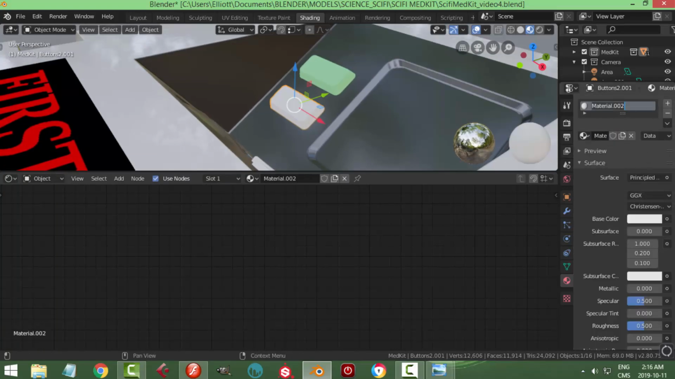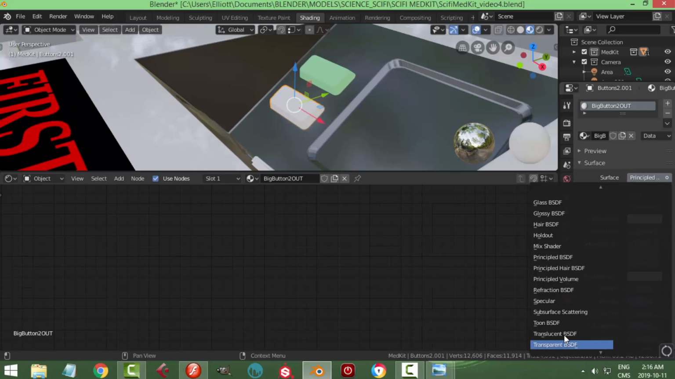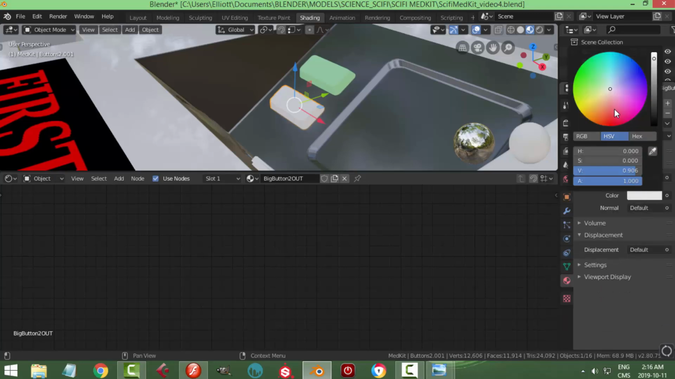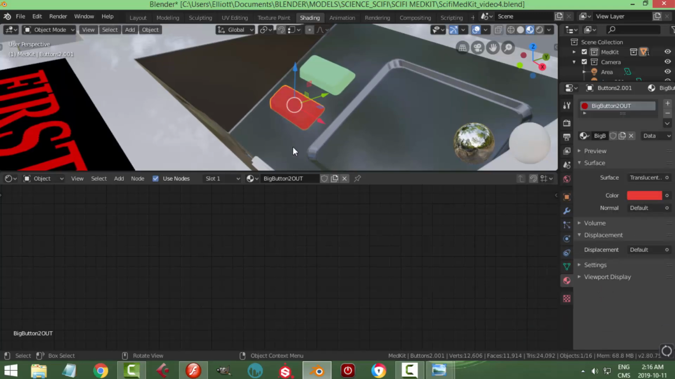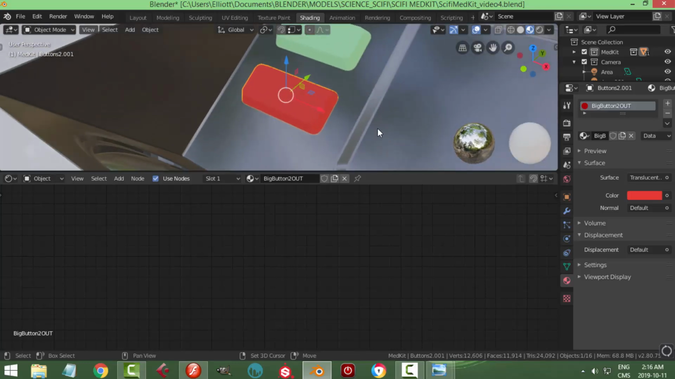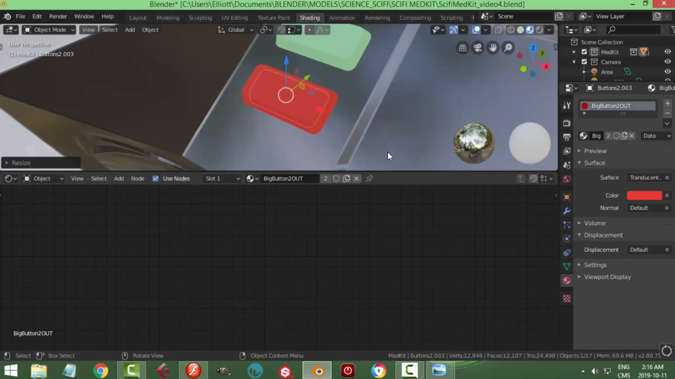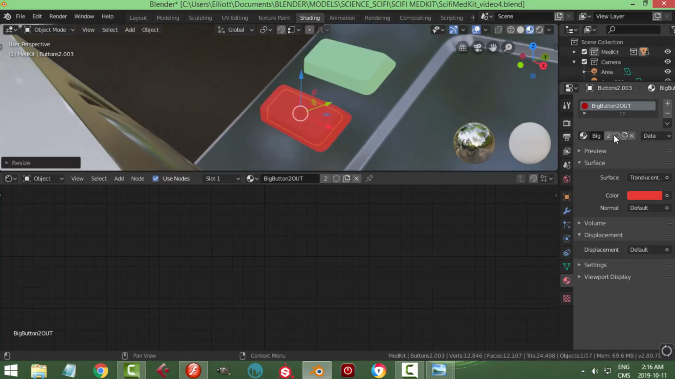New. Big button 2 out. Come on, translucent. Let's go for red. Now, I'm going to copy it. I'm going to scale it. You can do this numerically. You can do it to the same size, all that kind of stuff. It's probably good practice, but, you know, make a copy of it this way. I'm going to call this big button 2